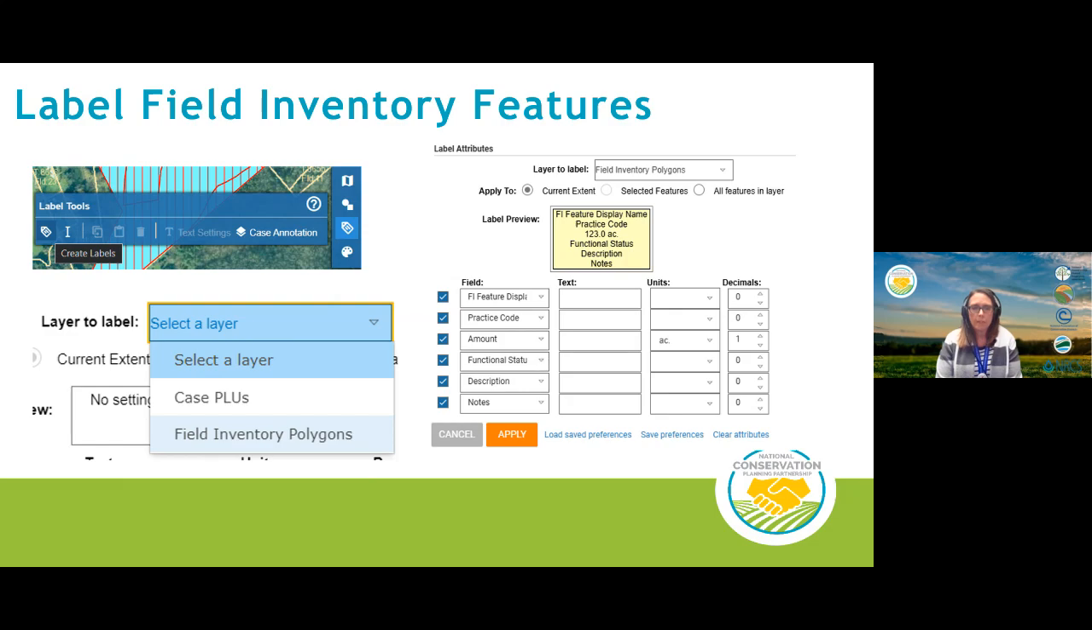So, labeling those field inventory attributes. The one thing to note on labeling is you do have to have a client and a case file loaded into the table of contents in order to label those field inventory features. So to label those, you're going to select the label tool,